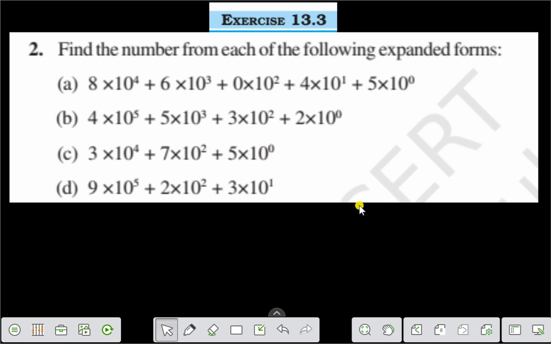Hello everyone, today I shall discuss exercise 13.3 question number 2. Find the number from each of the following expanded forms. That is question number A. Let's write question number A is